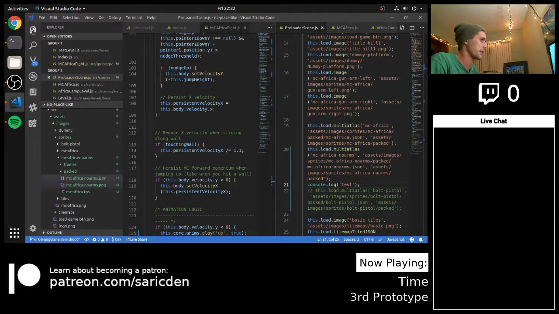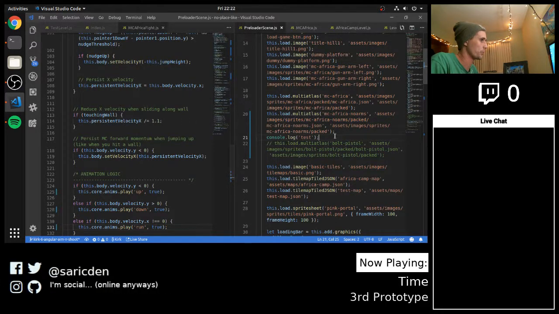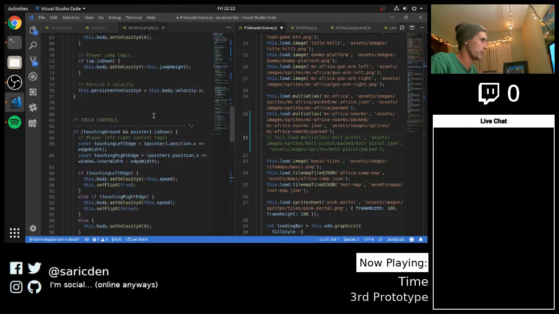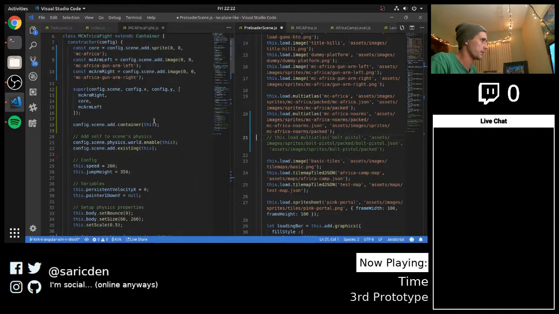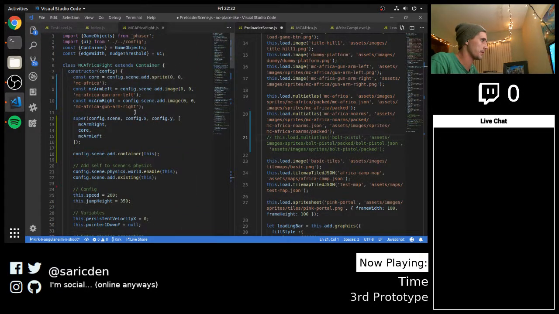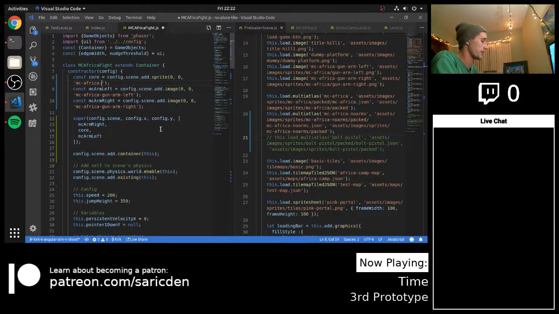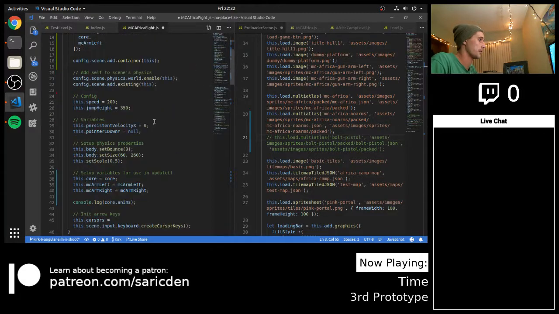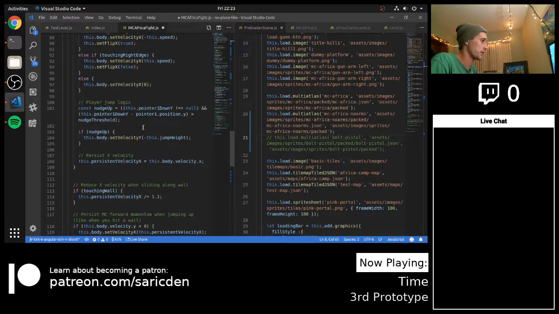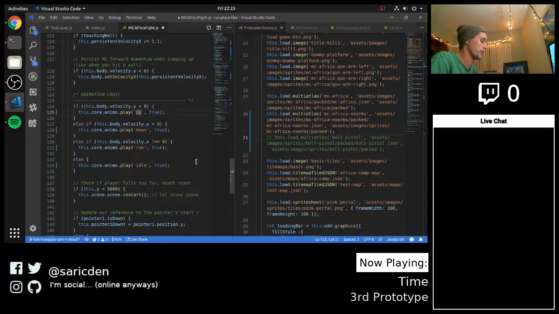Cool. Well, that's sick that that loaded in properly. So we might be able to do it now. It might work. Oh man, if we actually solved it, that's gonna be dupe with an E on the end. Gonna be dupe. So mcafrica no arms, and let's replace all the animation keys down here as well. So up, no arms, and down, no arms,